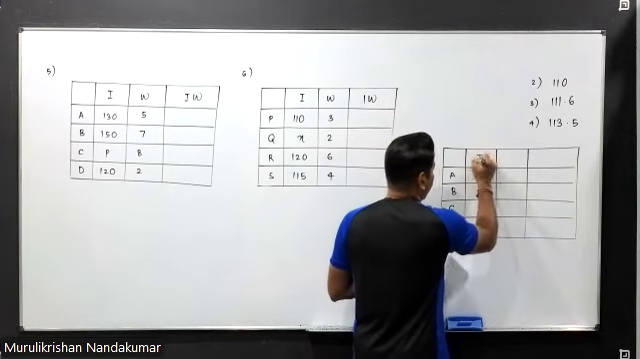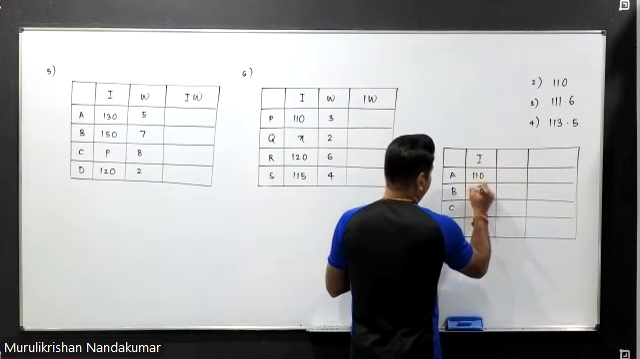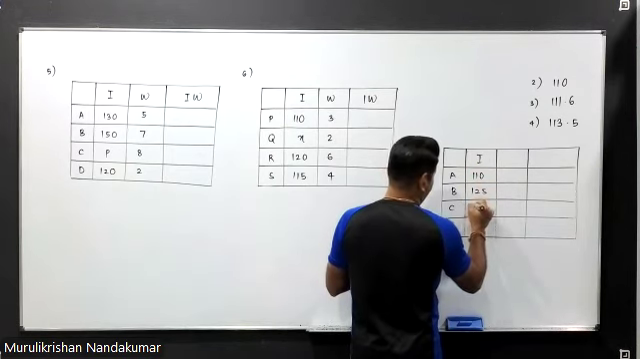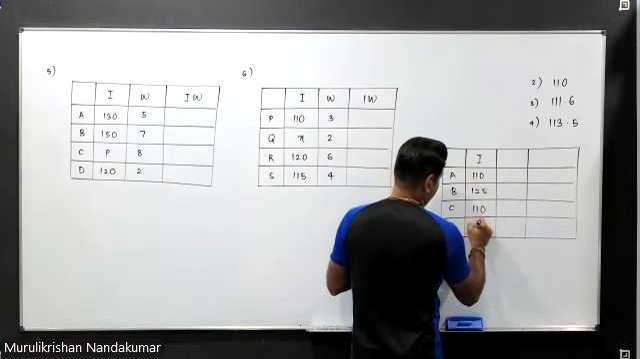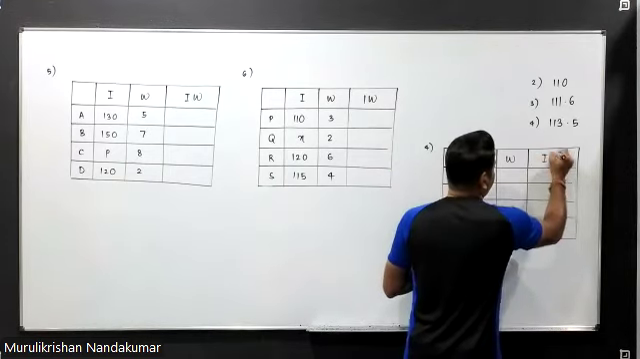Okay, the index is already given there. The index is 110, 125, 110, and 115. The weightage is not given, and there is no IW either. Okay, class,